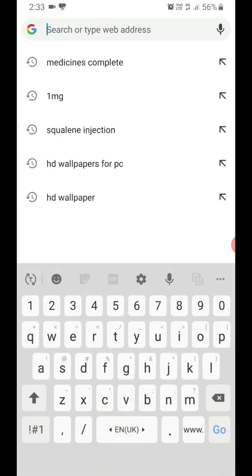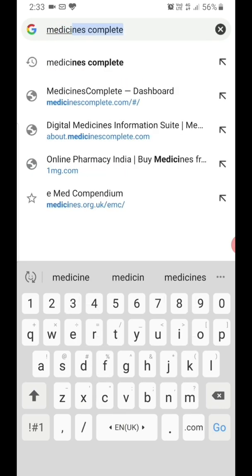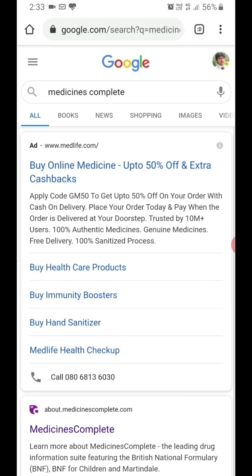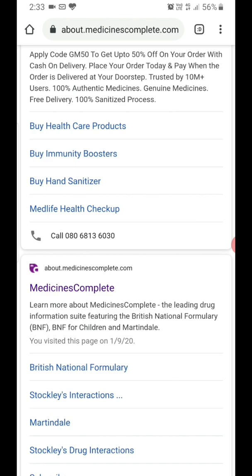First of all, in order to open Medicines Complete, we just need to type Medicines Complete. After typing it, you can observe Medicines Complete, about.medicinescomplete, over here.